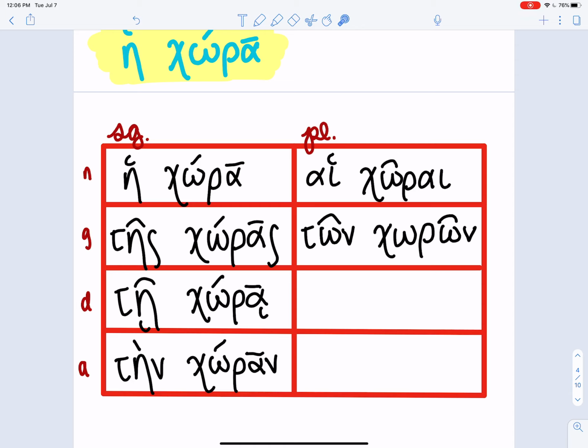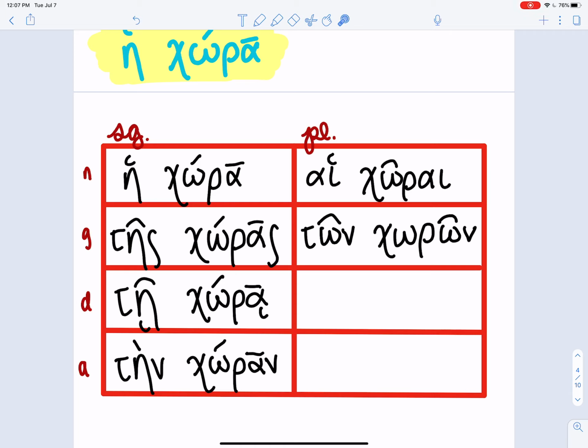So the genitive plural will change to a circumflex on the ultima regardless of where that initial accent was. So like here with hora, we have the accent on the penult, and it's an acute. Doesn't matter. In the genitive plural, the syllable that gets the accent is always the ultima for first declension nouns,